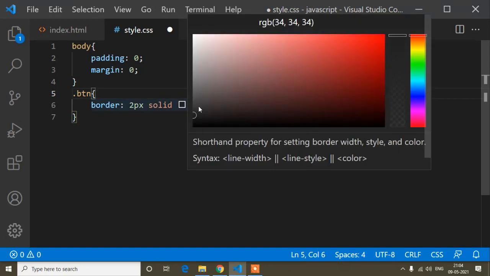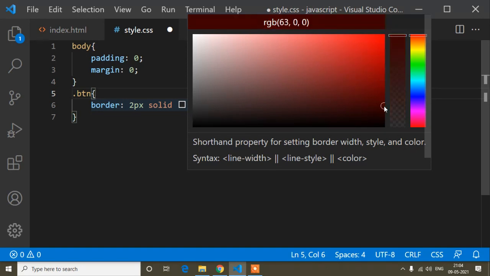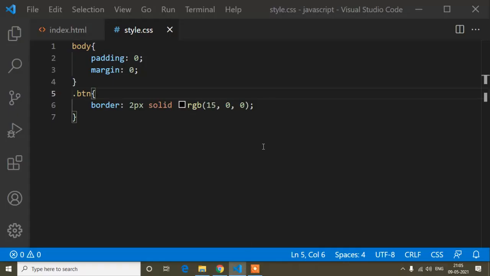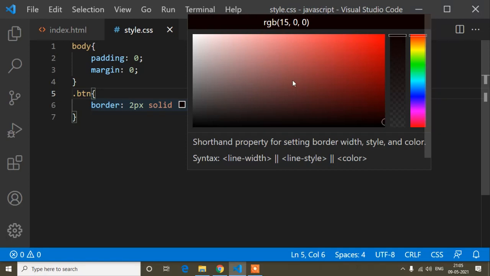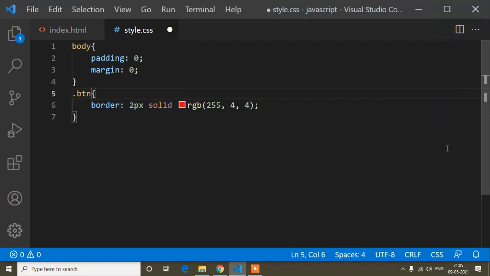After hovering, you can see the color panel is already open. Now you can move this anywhere, and suppose you want to add a color, just leave the pointer here. Now you can see it will be this color. Here you can see the border color is this one. I will show you again: you have to hover, and suppose you want the red color, just drag the mouse pointer and leave it, then save and refresh.